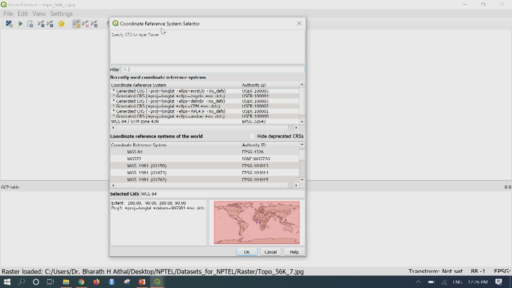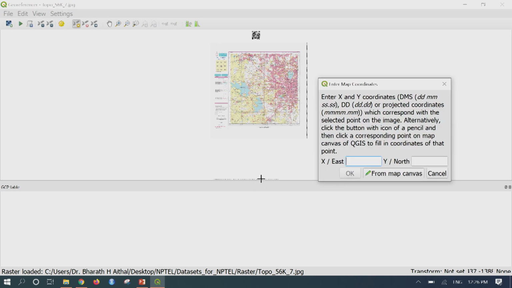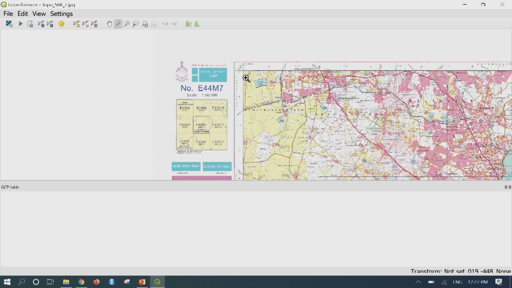So far we have not done any kind of georeferencing, so I am just cancelling this. Once you click on cancel, the image will be automatically loaded in the map display area. Here I will now start georeferencing from the top left corner. I will go to the zoom in tab and zoom to the top left corner.